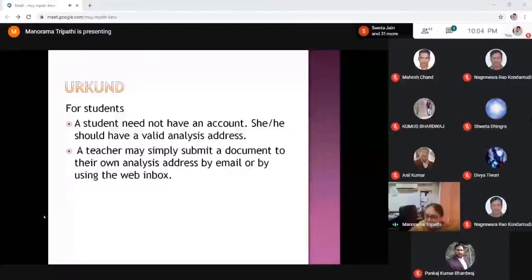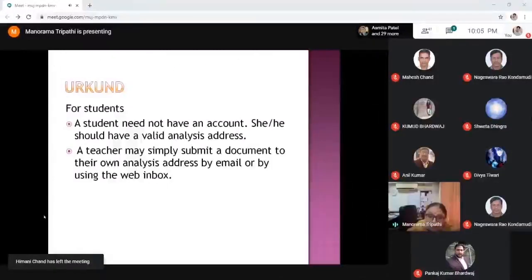And for students, a student need not have an account. Even then, he or she can use Urkund. He or she should have a valid analysis address. That means when a teacher has set up a valid analysis address, as the second bullet point says, a teacher may simply submit a document to their own analysis address by email or by using the inbox.